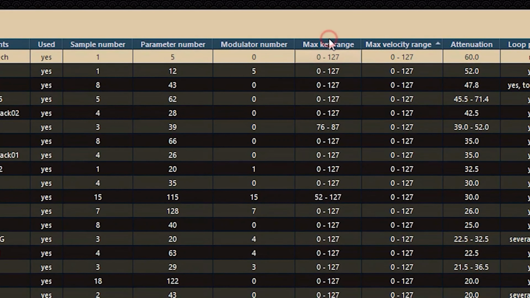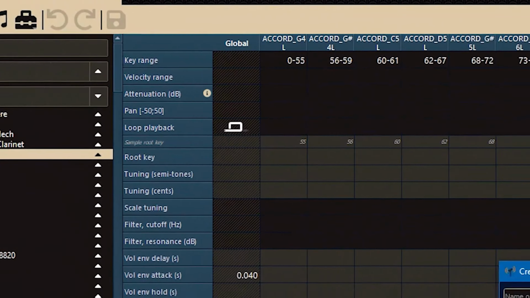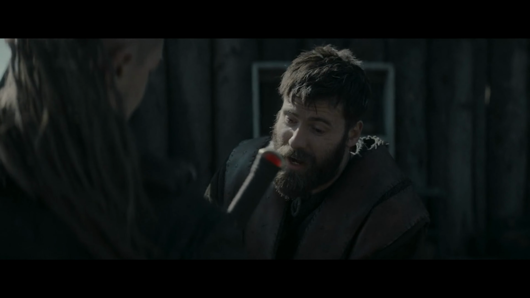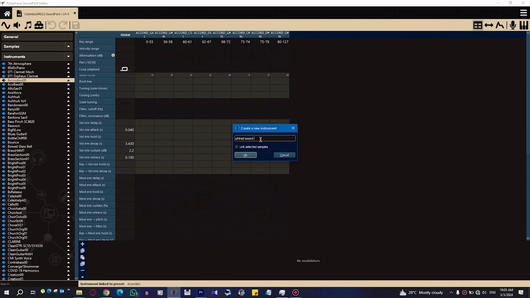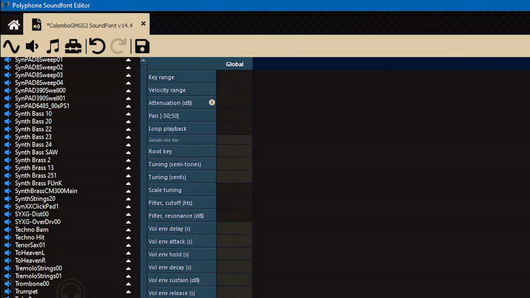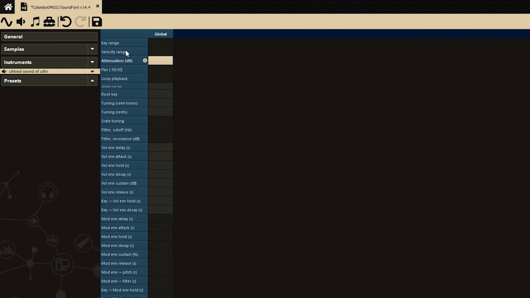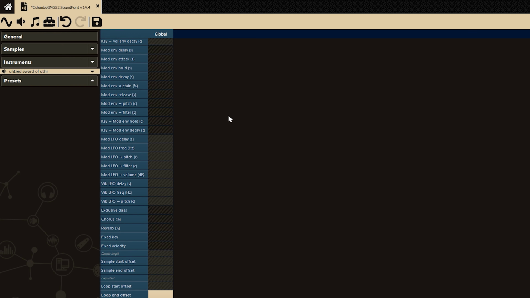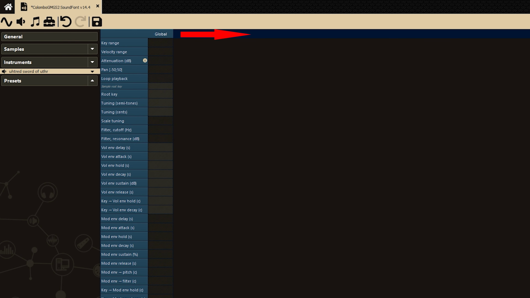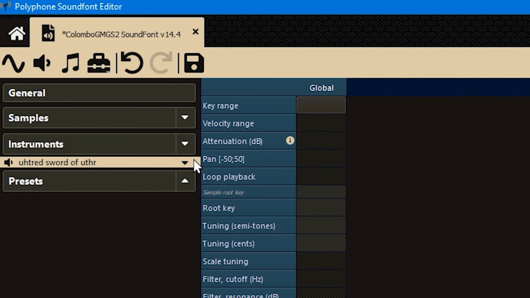If we create an instrument using the speaker icon at the top, we are prompted to give it a name. Okay, so now having created a fresh new instrument, we have landed on some empty blank space. But don't worry, this is our instrument editor, and it's our job to orchestrate this table with necessary parameter values. On the horizontal axis, we have nothing but a column named global. As you can see, we haven't linked a sample to this instrument yet.